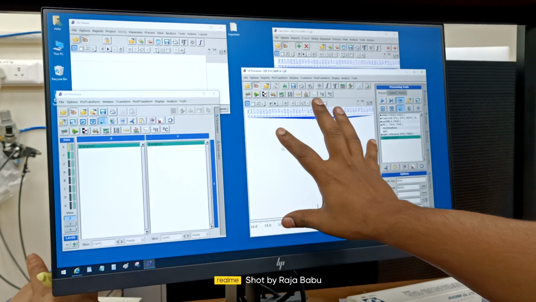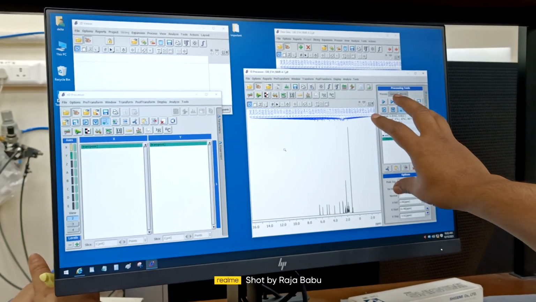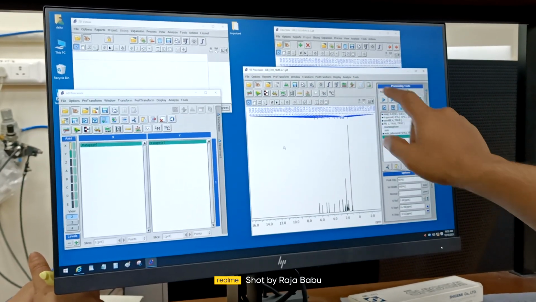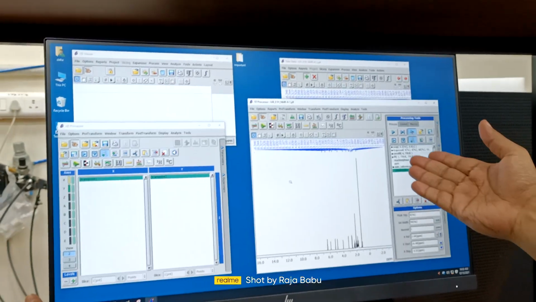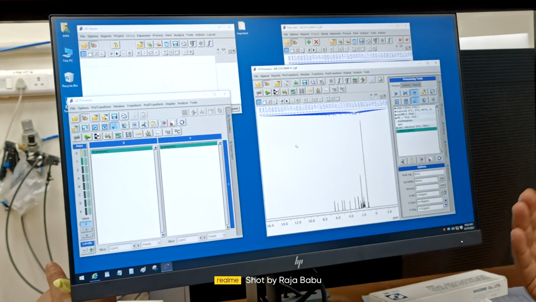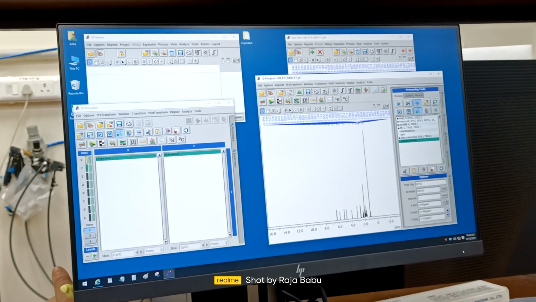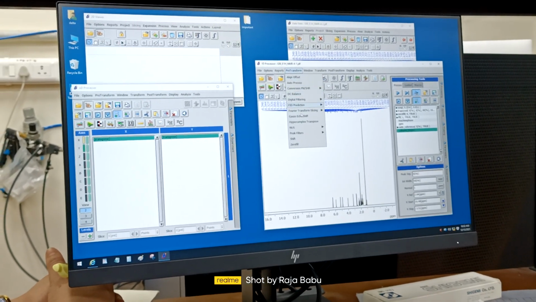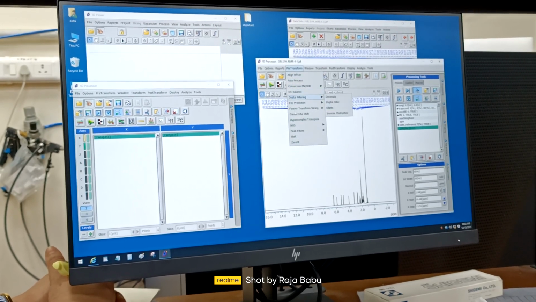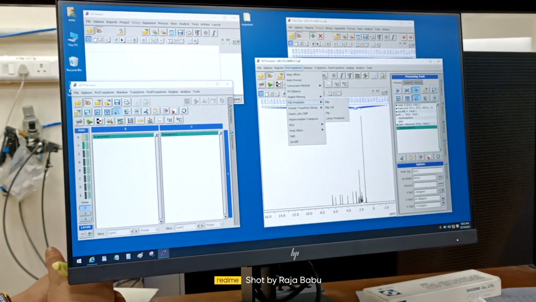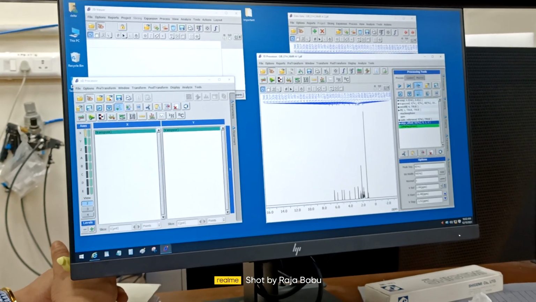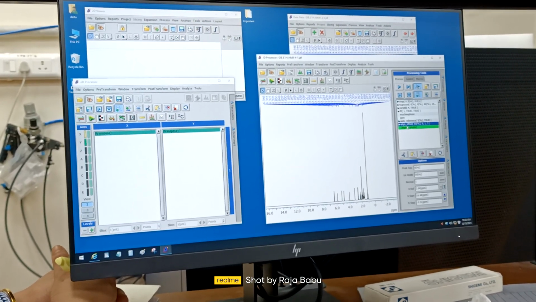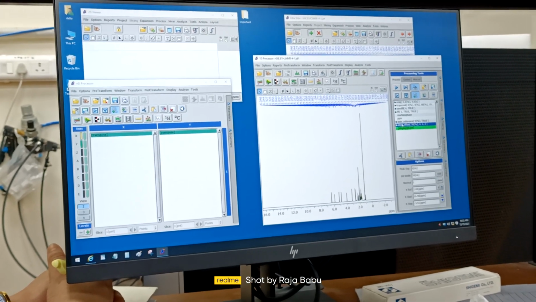So this window has the spectra and processing list, and there is a drop down list here. Suppose you want to customize your processing list, you want to change your parameters of pre-processing or processing and post-processing, all these things are here. Now you can see pre-processing is here, complete sets, and the processing list. If you want to add any parameter, you can add it to the list. For example, if you want to add this align offset, just click and that parameter appears here automatically. Okay, so this is how to do that.